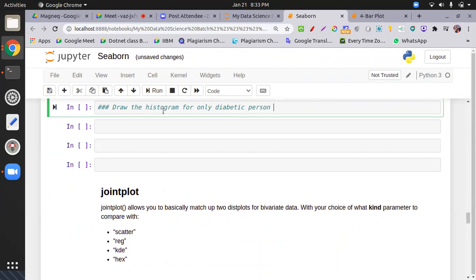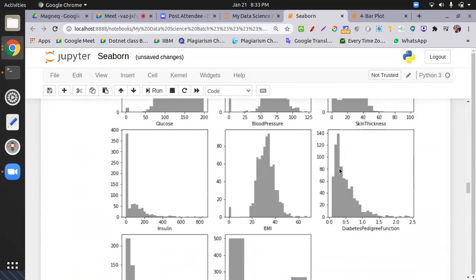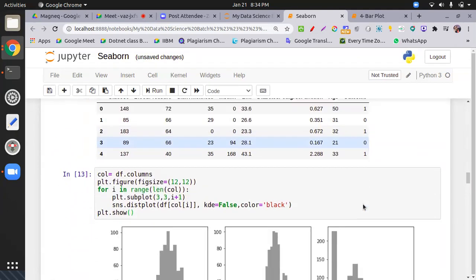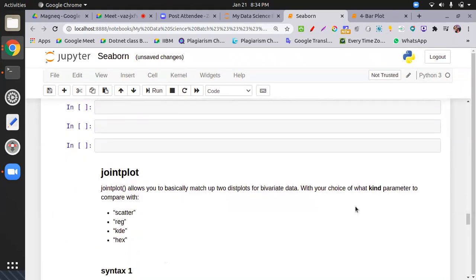Diabetic person means the outcome equal to 1, for all columns, for those rows which have the outcome equal to 1. I need that histogram, this row, this row, this row. So what you have to do, you have to filter first, and after filtering you have to draw the histogram.